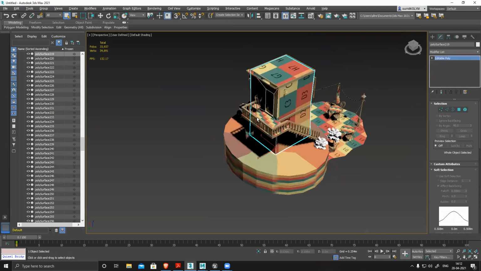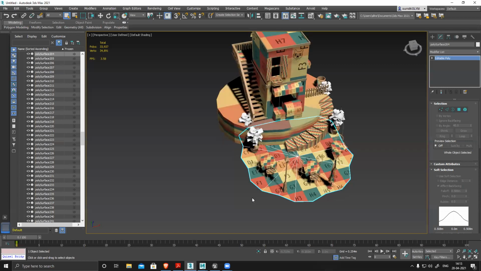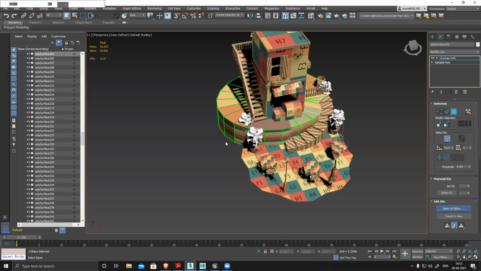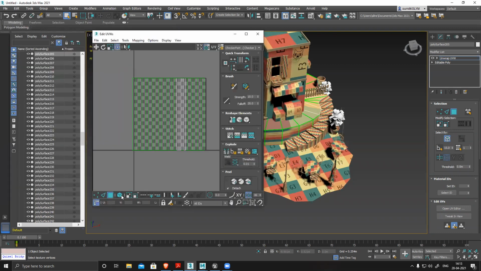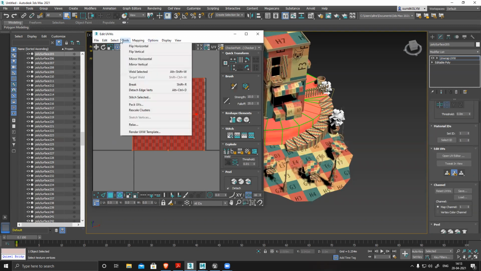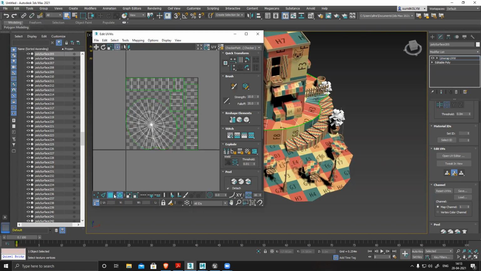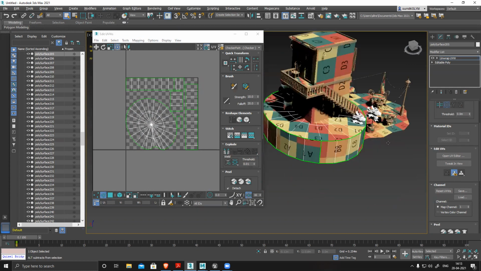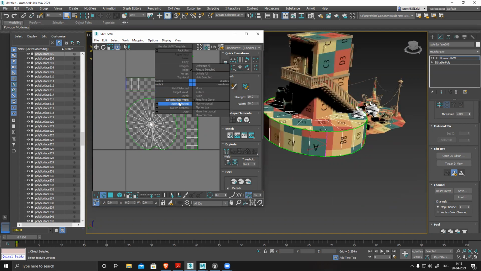The main building is unwrapped nicely. You can see this floor is unwrapped nicely. I just applied a planar map. It's a flat surface, so I just applied a planar. For this also I have to unwrap it properly. You can see it looks like this. It's not nice. So I'll select all these faces and go to mapping, flatten mapping. Done. And you can see by the flag pattern mapping, my main floor is nice and clean, and this has lots of seams. That is something I have to fix.